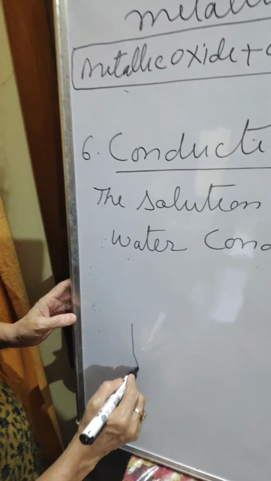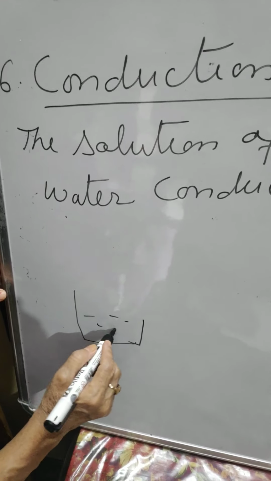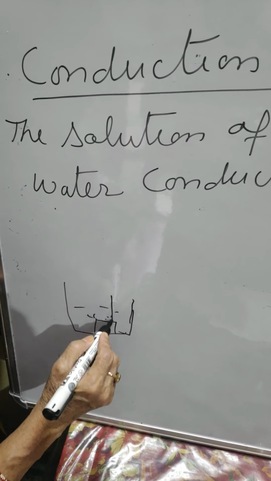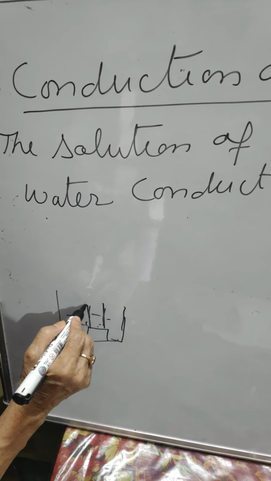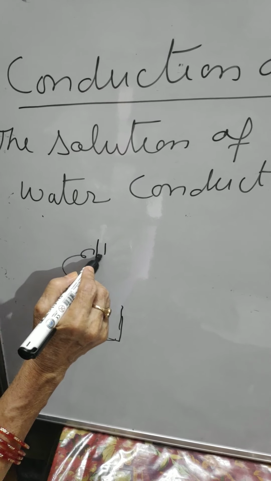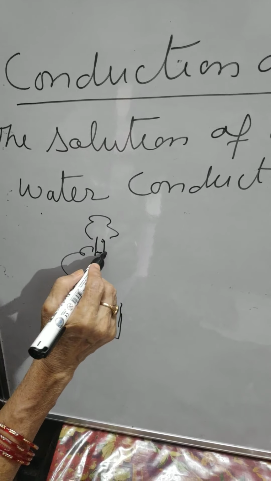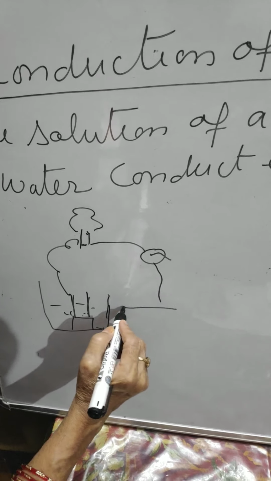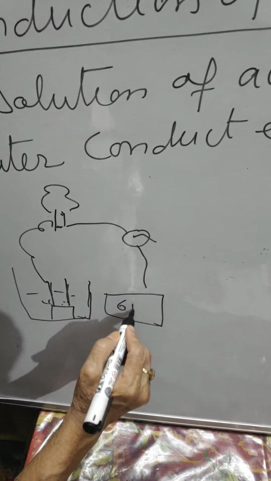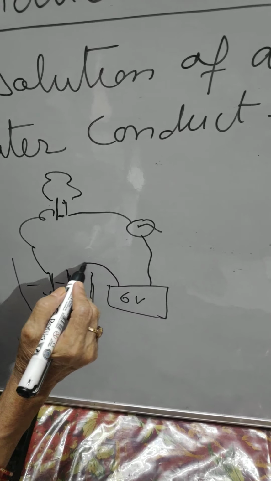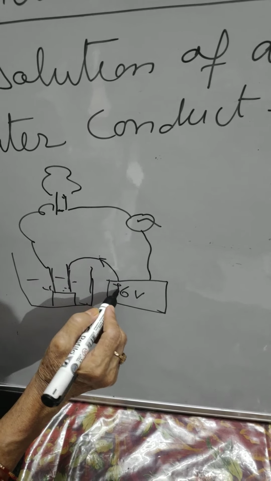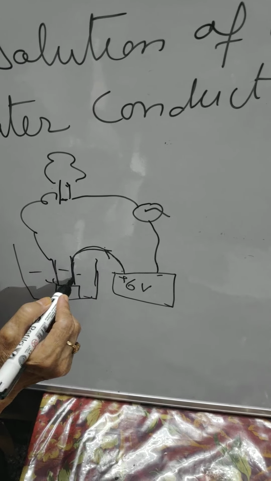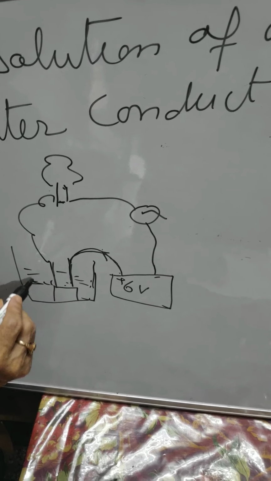Now suppose here it is a beaker, and the acid solution is here, and here it is a cork, with an embedded iron nail, connected with a bulb, and it is connected with the switch, and with the 6-volt battery, and another one is connected with this one, the positive and negative. The current will pass from positive to this one, and here it is the acid solution.